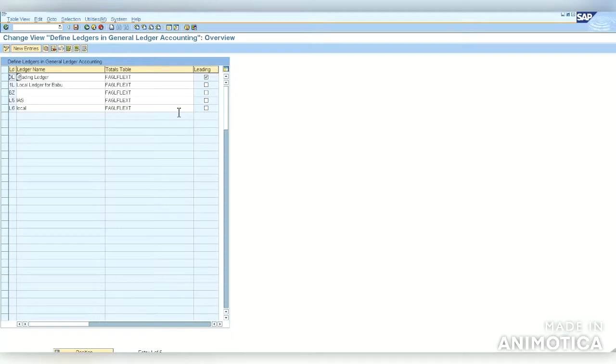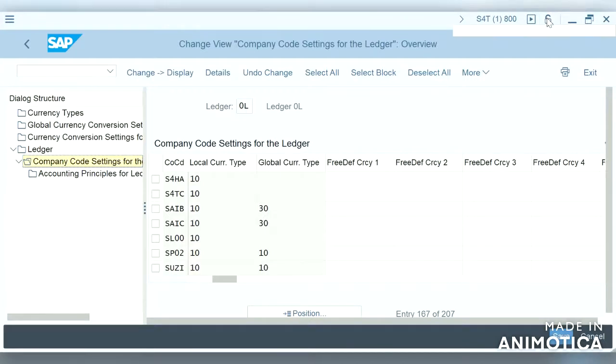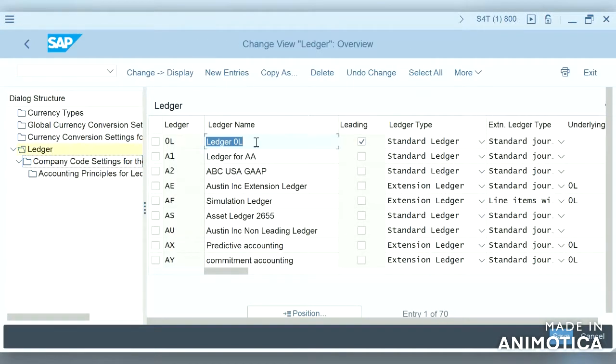We don't see the totals table in S/4HANA. This was totally eliminated. We can see ledger, ledger name, and whether it is leading or non-leading. We just go to the ledger screen. We can see ledger, ledger name, and leading.